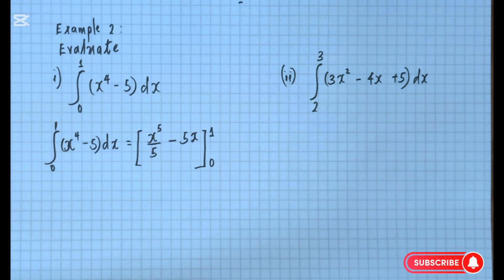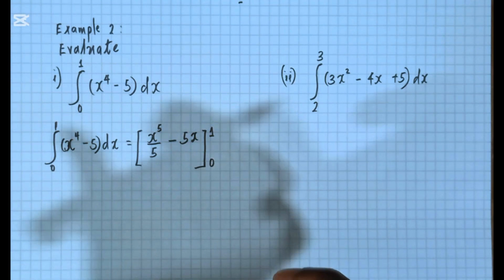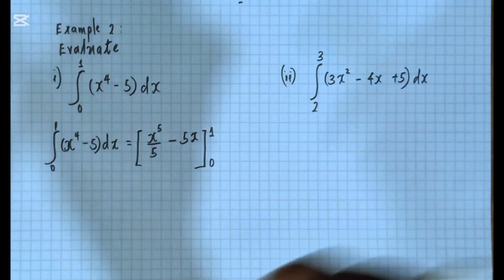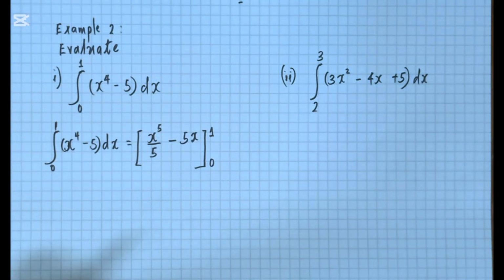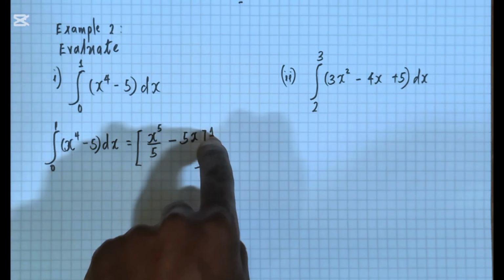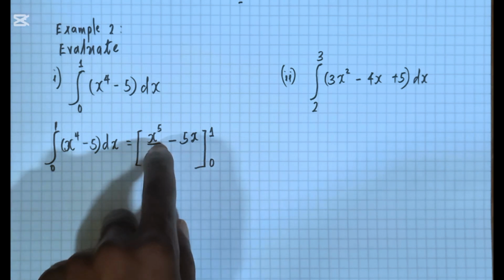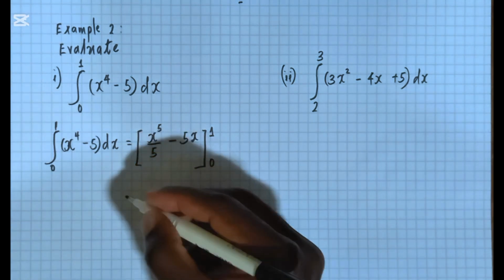All right, so this method is usually used to find the areas under curves, and that is something we'll be looking at in future classes. But anyways, let us concentrate on this. So how do we go about solving this problem from where we are right now? For us to solve this problem, basically, we are going to substitute the values of x with the upper limit and then subtract from whatever we'll get the lower limit. Now, let me just show you that